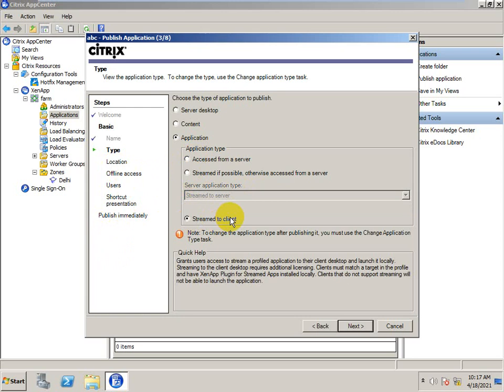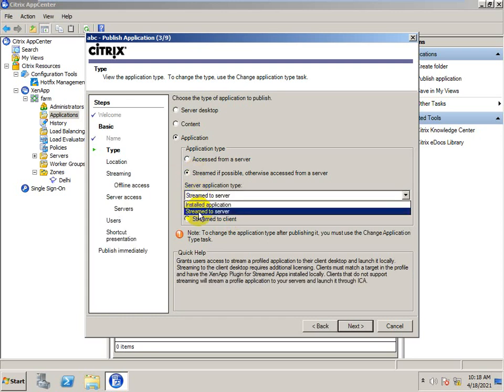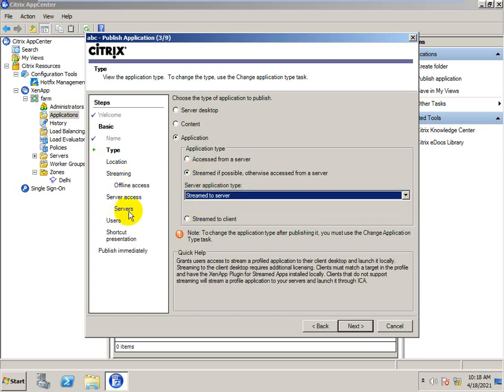It means once the user accesses the application through his laptop or via the Citrix URL, when he clicks on the application to access it, that application will stream to his laptop. It means it's stream to client. If the application is streaming to the server like this, it means it's stream to server. Okay, and do you understand the term streaming?